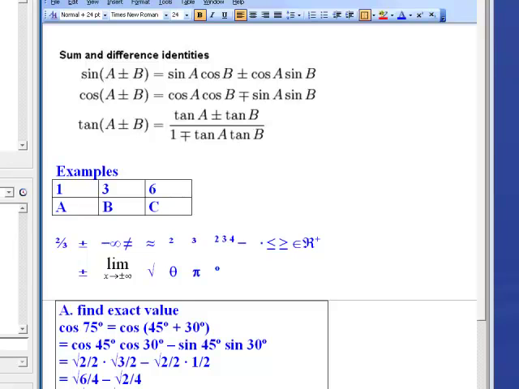Rewrite the following as a single cosine or sine. Let's figure out which one of the two. Here's cosine cosine minus sine sine. Cosine cosine minus sine sine will become a cosine A plus B. So that's what I'm going to do. Cosine